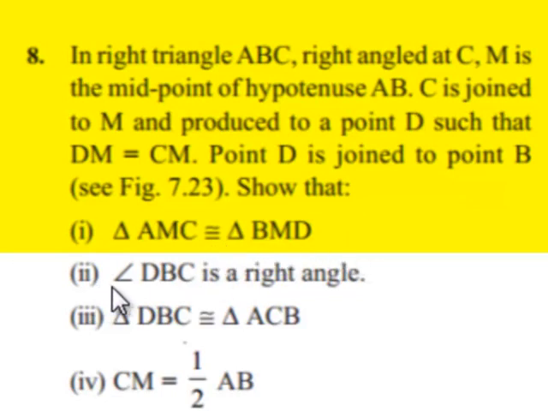In the second part, angle DBC is right angled. And in the third question, triangle DBC is congruent to triangle ACB. And the fourth question, CM is equal to half times AB. Now, moving on to the solution,